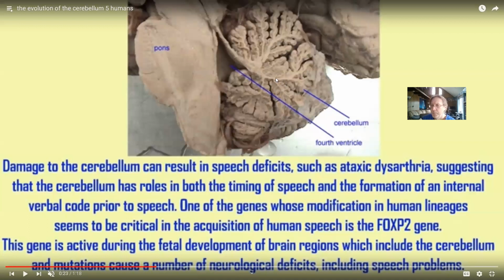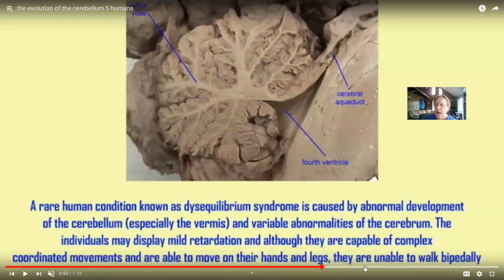So the cerebellum is not the center for speech, but it appears to be involved in speech. And once again, its expansion in recent human evolution is probably a factor in things which are human-specific, like speech. Also,